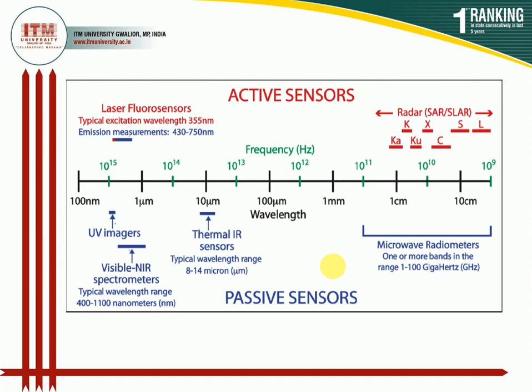Next one is the sensors. Sensors are devices which have the ability to sense certain electromagnetic radiation. There are two types of sensors: active sensors and passive sensors. Active sensors sense the artificial light, or the light transmitted by the satellite itself, and passive sensors sense the light radiation which comes from the sun or a natural source of light. There are various sensors for the remote sensing technique. Few are active sensors and few are passive sensors, and they work at different wavelengths or different band patterns.